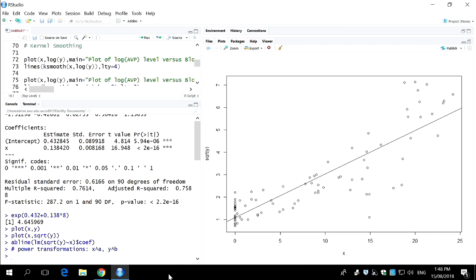Now, data has errors. Okay? So, the question of which you transform, let's talk about this one over here. The question of which you transform, x or y, depends on what the errors do. Okay? Because the errors will either be constant on the original scale, or you'll have heteroscedasticity on the original scale. Okay? So what I'm going to do now is I'm going to draw you two more pictures